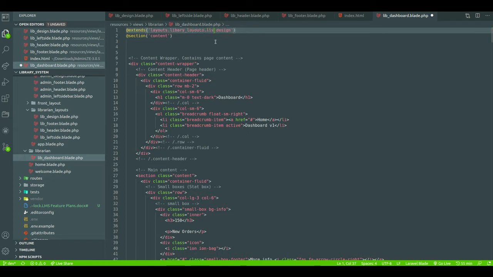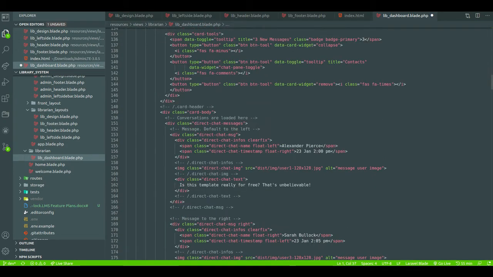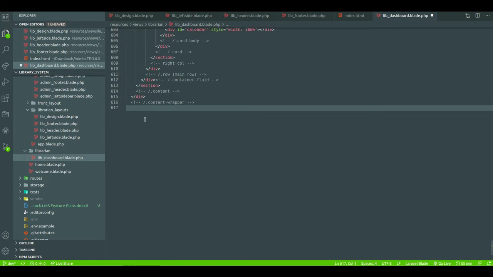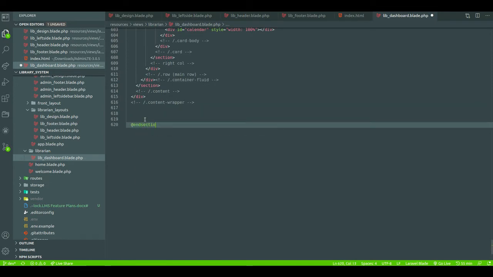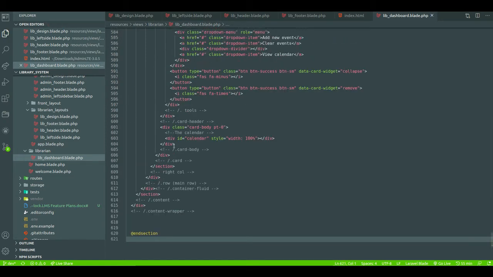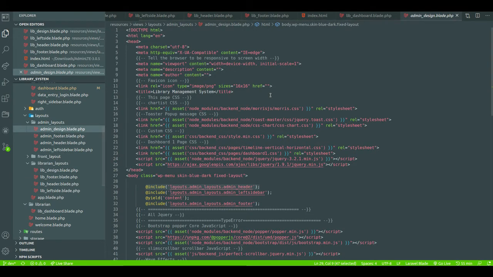This one is live design. And go to the end of the line, and there is end section. Okay, I think all done. Admin design. Okay, all done.